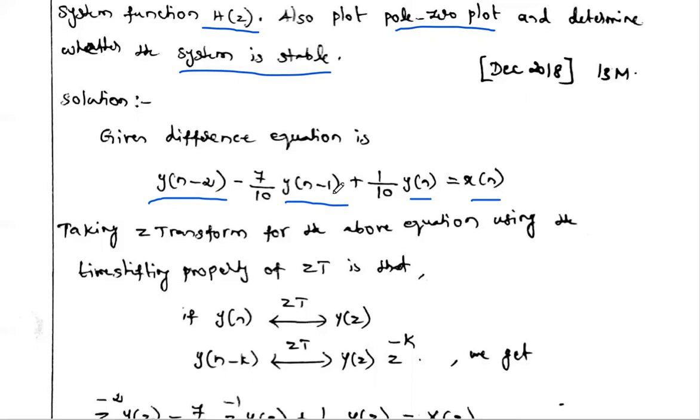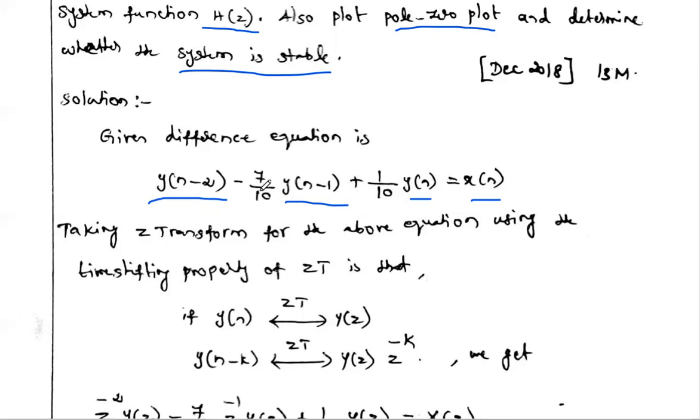And what is y of n minus 1? Our present output y of n delayed by 1 second is said to be y of n minus 1. So it's a delayed output. What is y of n minus 2? The output y of n delayed by 2 seconds is y of n minus 2. So these are the previous outputs. That is, if y of n is the present output, then y of n minus 1 and y of n minus 2 are the previous outputs. The equation which relates input and output of the system is called the system equation.